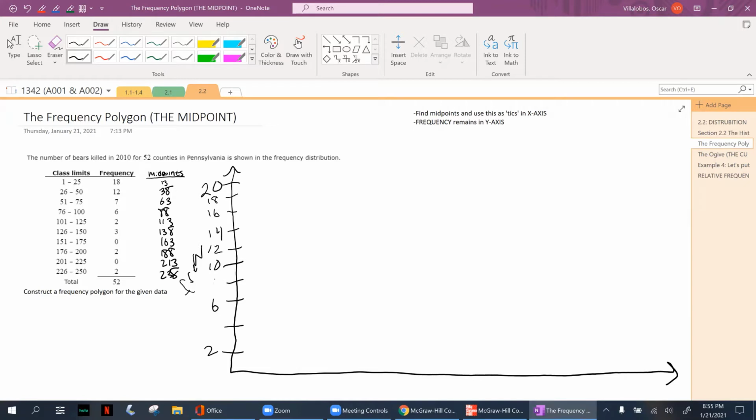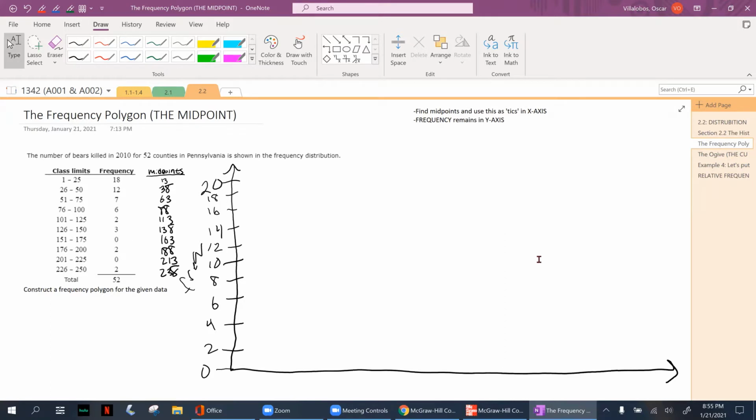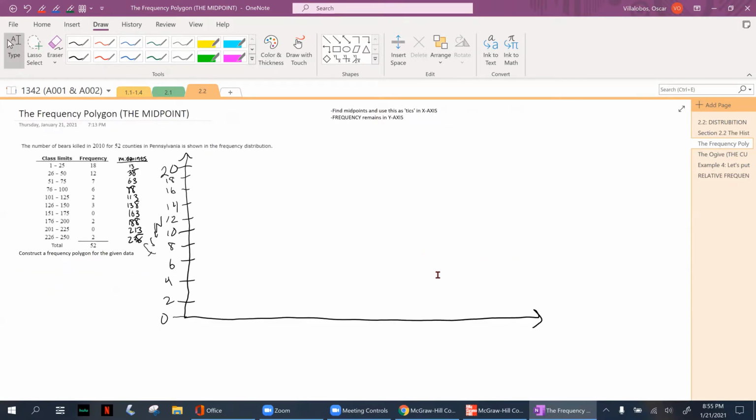I'm going to go ahead and just write them all out, and 0. And you might be asking yourself, what are my ticks for the bottom value? Well, the ticks for your bottom value are going to be the midpoints we found. So the first one is going to be 0. The following one is going to be 13,